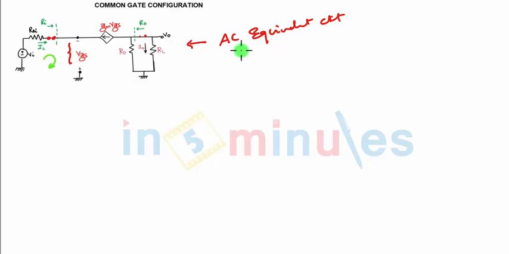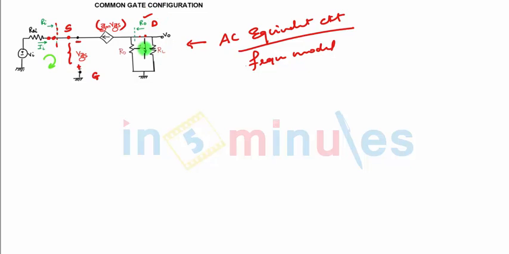Now in the AC equivalent circuit, if we replace the MOSFET with gm VGS, we call it the small signal model, that is the modeling of the MOSFET. We know we have VGS between the gate and the source. Here we are applying input to the source, the gate is common, and this is your drain. If we look from the input side, this will be a resistance Ri, and if we look from the output side, it will be the resistance Ro. The current passing through RL is assumed as Io, and we need to find the equation for voltage gain.